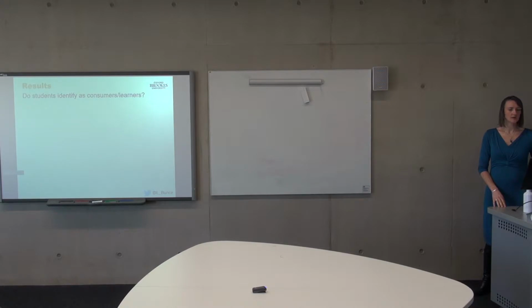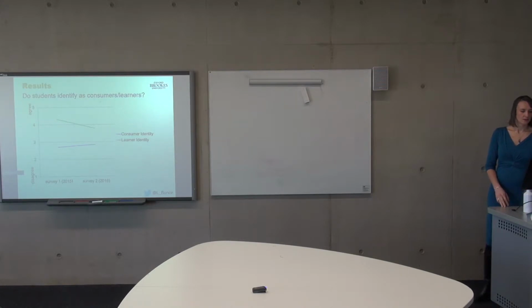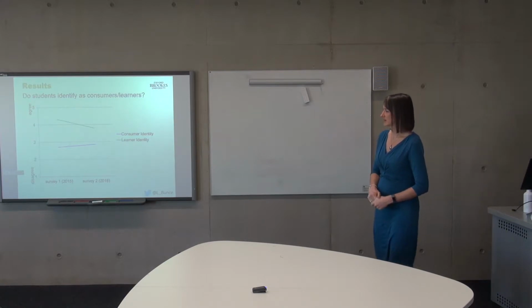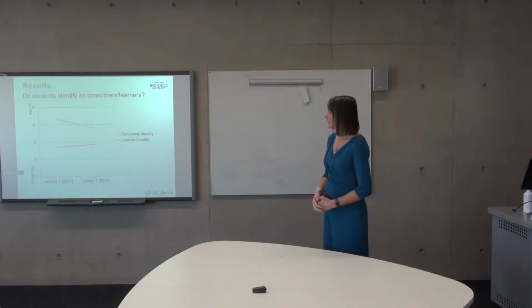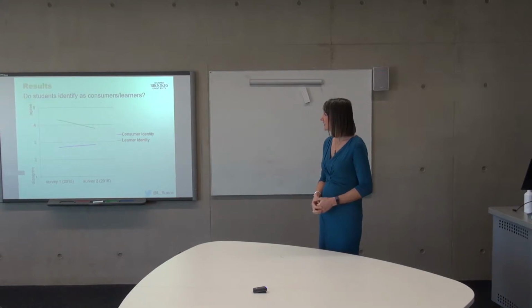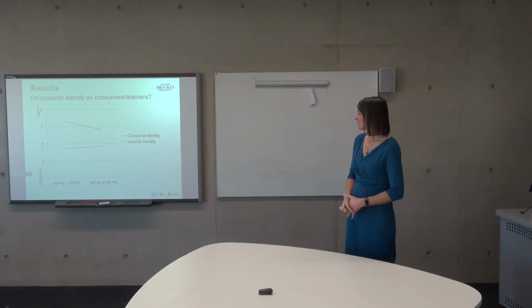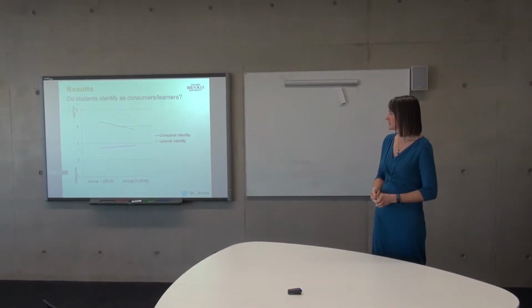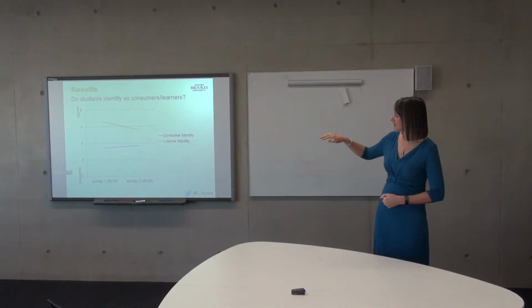We wanted to look at the extent to which students identify as consumers or learners of their education. I've plotted the results of Survey 1 and Survey 2 on the graph here. The purple line at the bottom shows that their consumer identity has increased slightly over the two years we did the survey, and learner identity has decreased. So what the scale is showing is that